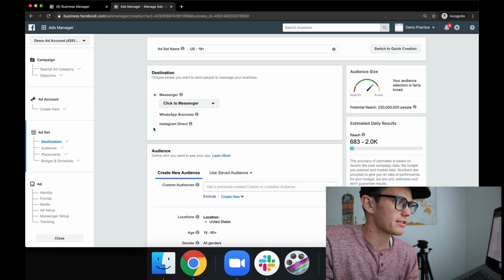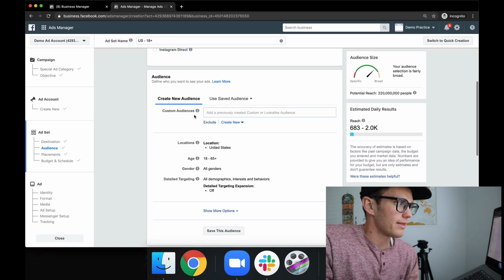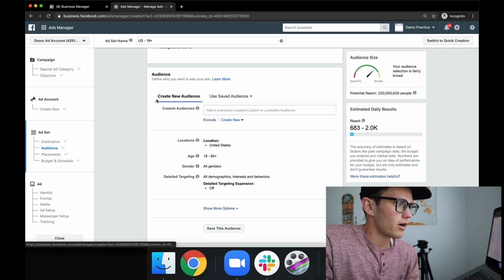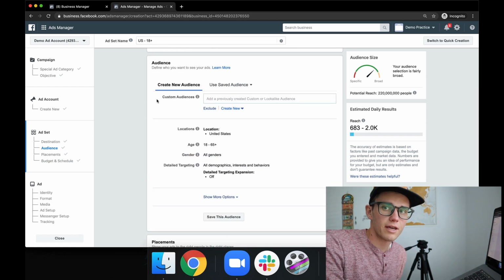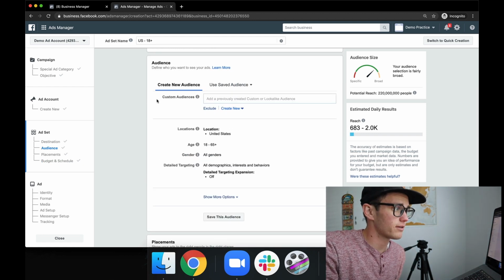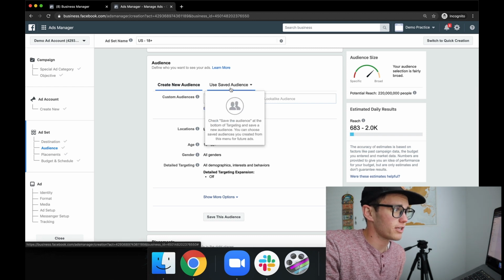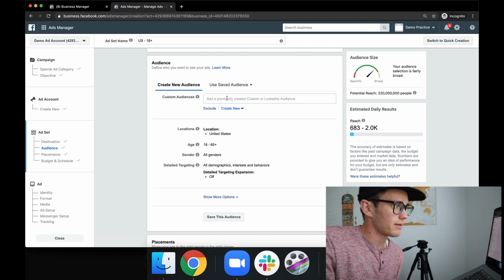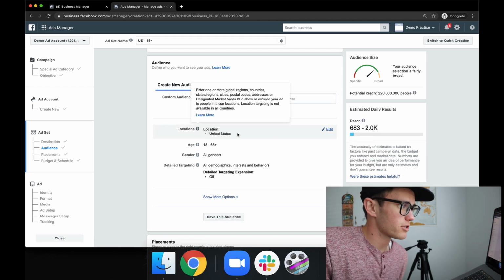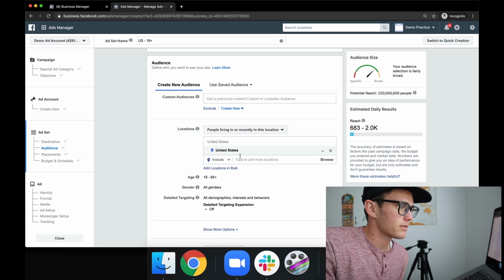So you come in here, Messenger is what we're going to select. And then the audience here on the ad set level, this is where you do your targeting. So again, for a local business, this is going to be different than any other type of business. So you come in here to create new audience or use saved audience. Create a new audience is what you're going to want to do 99% of the time. So you come into locations here and select